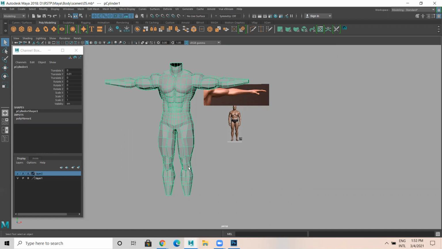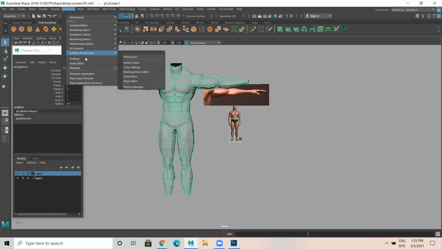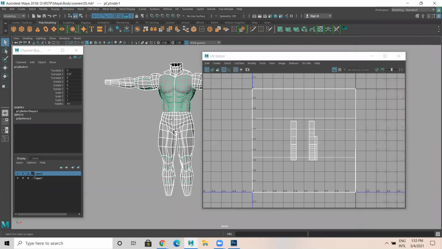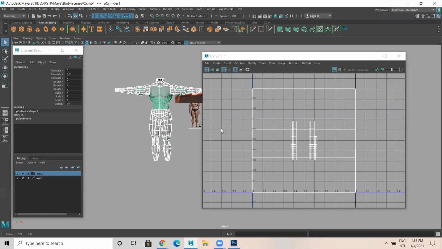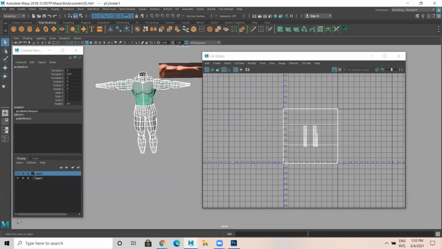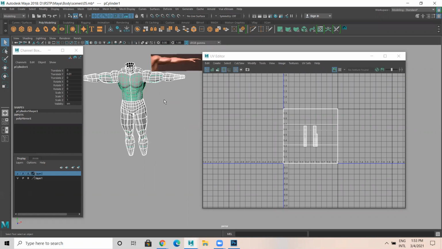So go to window, modeling editor, UV editor. This particular model, the UV of the model looks something like this, which is not at all proper. So we need to work on this properly.